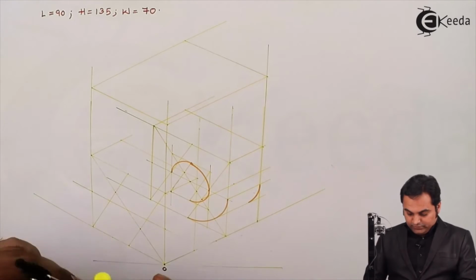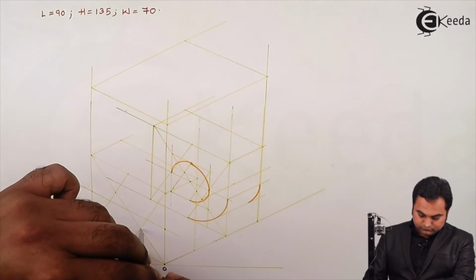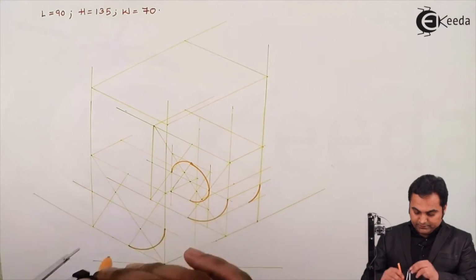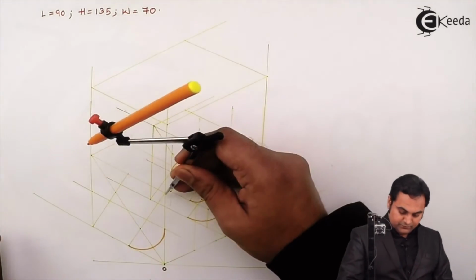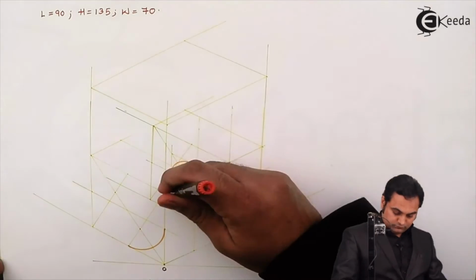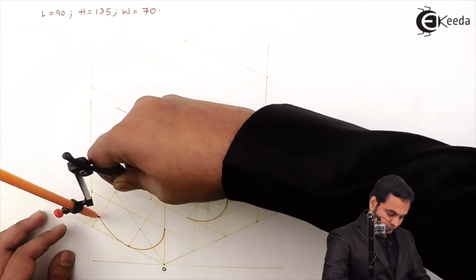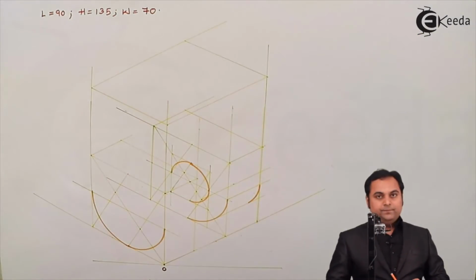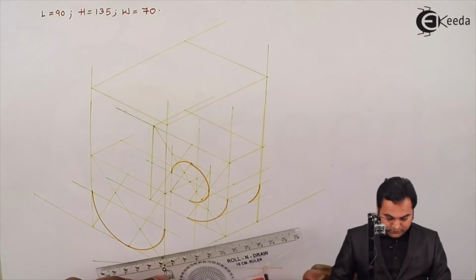Next, taking this center, radius up till here, drawing a light arc. Next, taking the opposite center, we can say that from this side of the parallelogram, joining them. Next, similarly the semicircle is there behind as well. So for that,